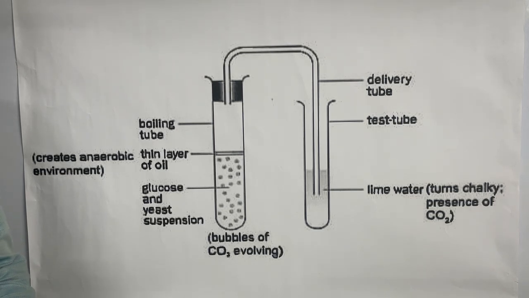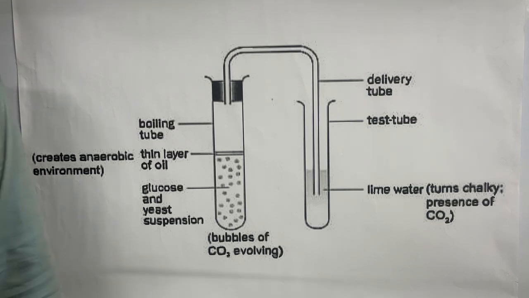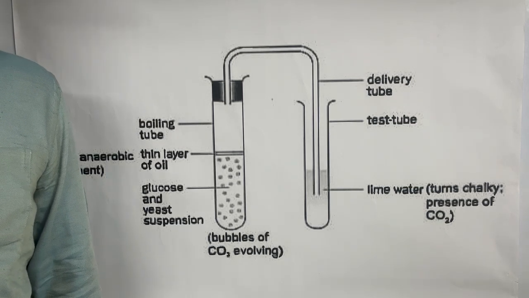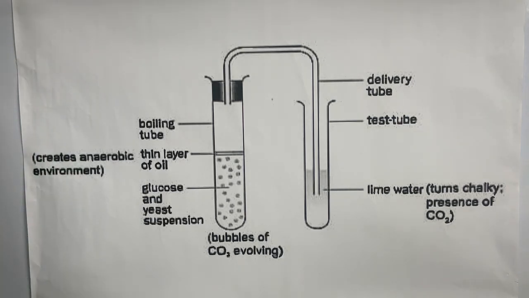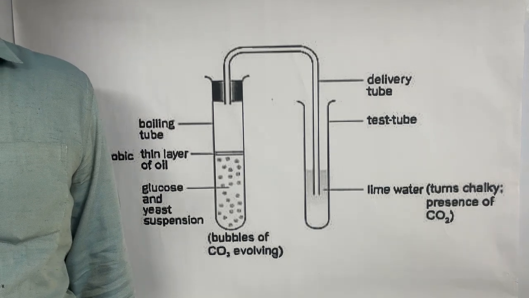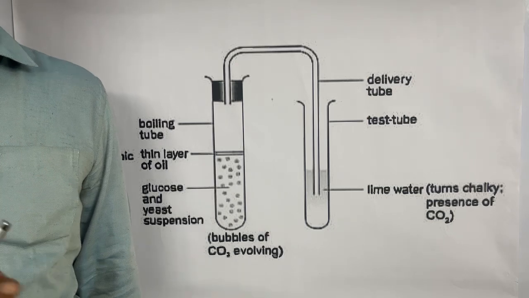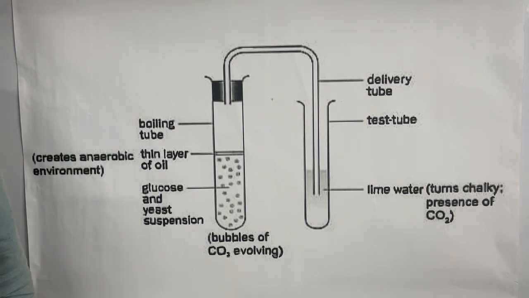What comes out from aerobic respiration is carbon dioxide, water and energy. Coming to anaerobic respiration, here ethanol, lactic acid and carbon dioxide are released. Aerobic respiration takes place in cytoplasm and mitochondria, and anaerobic respiration takes place only in the cytoplasm of the cell. Once again I will repeat: aerobic respiration takes place both in cytoplasm as well as mitochondria. Anaerobic respiration takes place only in the cytoplasm.